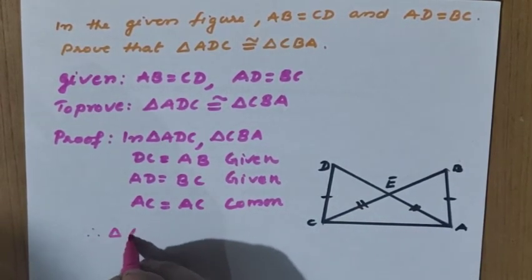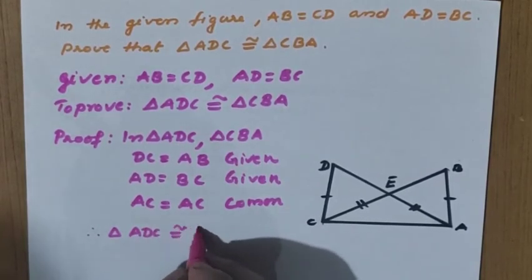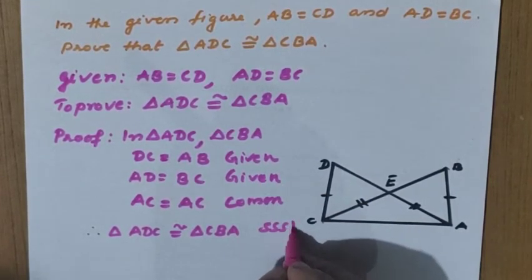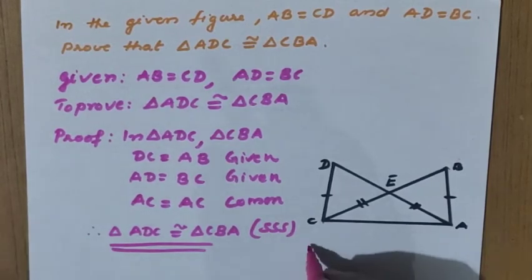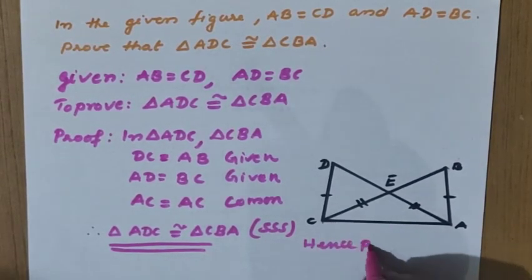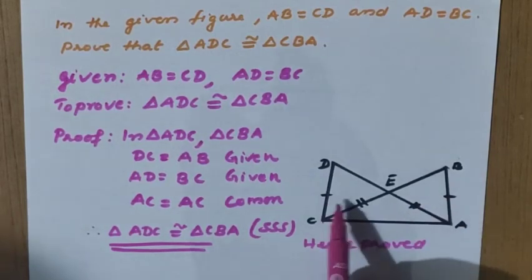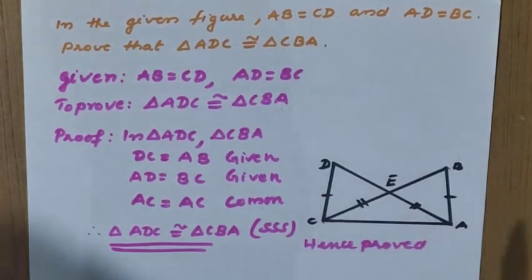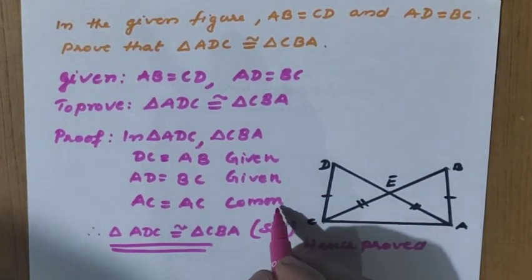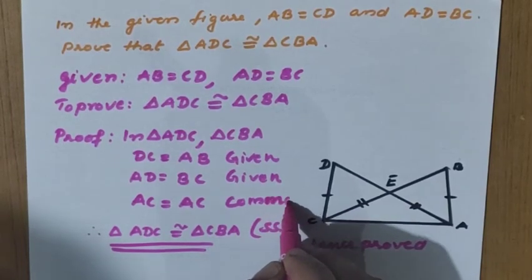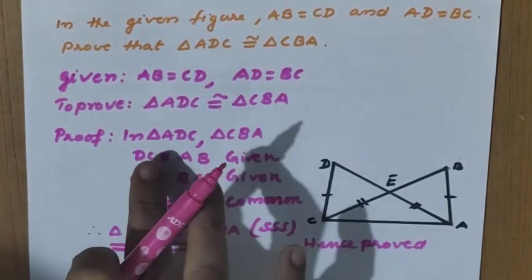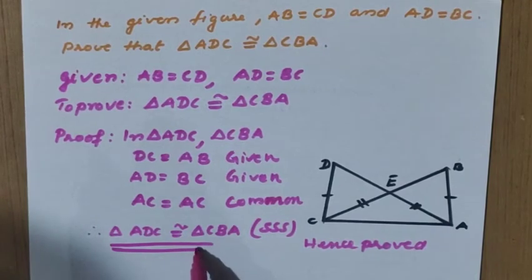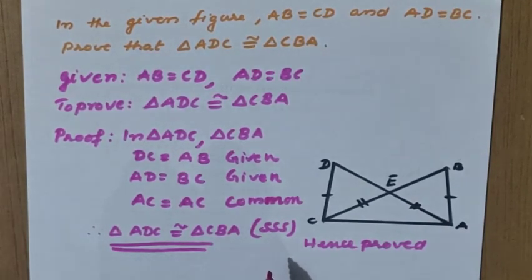Therefore triangle ADC congruent to triangle CBA. All three sides only, so triple S criteria, right? So hence proved. So it is easy only because in the figure itself it is marked two equal sides, right? So one more side we required, one more angle there is no chance for getting, one more side only required. The side we are getting common, based on the common only. So we will complete the common only here. So this is called the statement with reasons, right? That should be written correctly. So triangle ADC congruent to triangle CBA by SSS criteria.